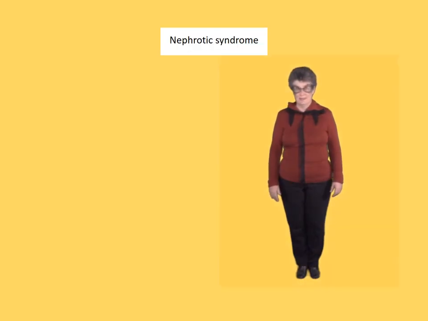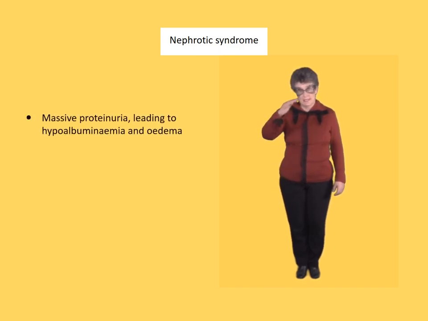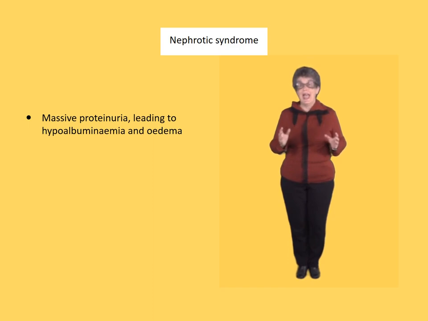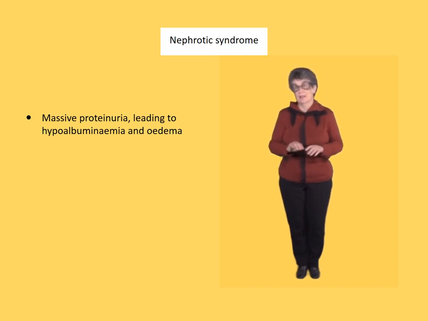We're going to think about it in terms of the way that glomerulonephritis presents. It can present with nephrotic or nephritic syndrome. In nephrotic syndrome, there is massive proteinuria. This leads to a decrease in the main protein in the blood, albumin, so hence hypoalbuminemia, and it leads to edema because the decreased osmotic pressure in the blood means that more fluid leaks out